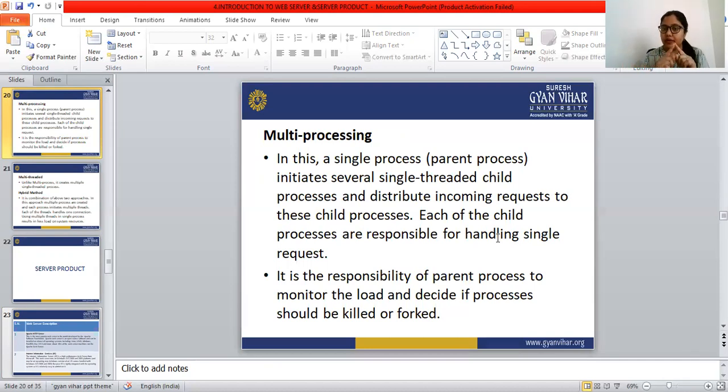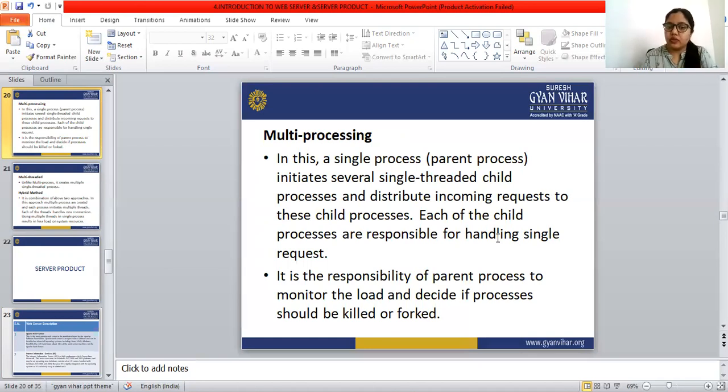If one parent creates 100 child processes and requests come from 100 clients, they are distributed to the child processes, and each child process is responsible for handling one request. The parent process does not handle the 100 requests itself, because they are distributed to the child processes.